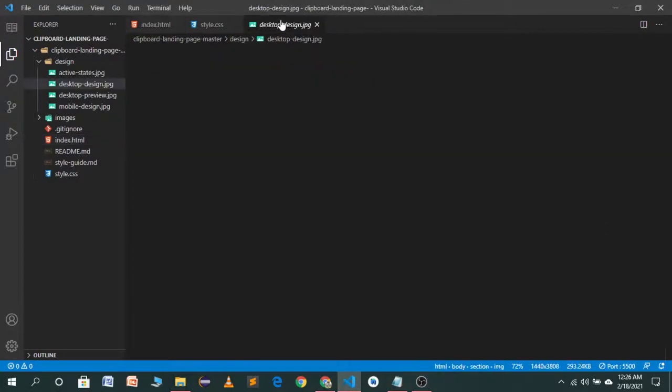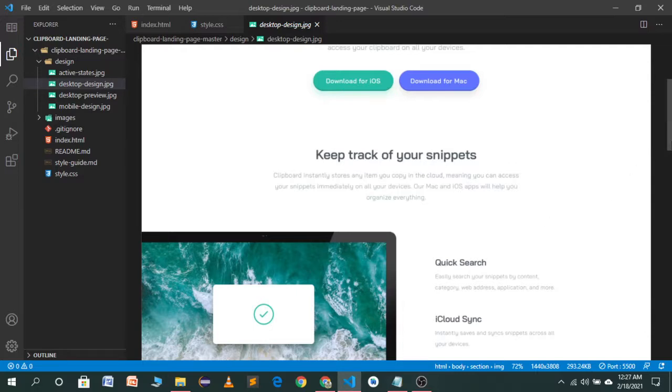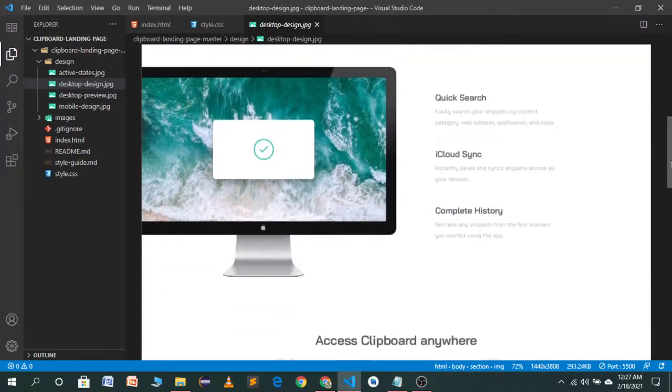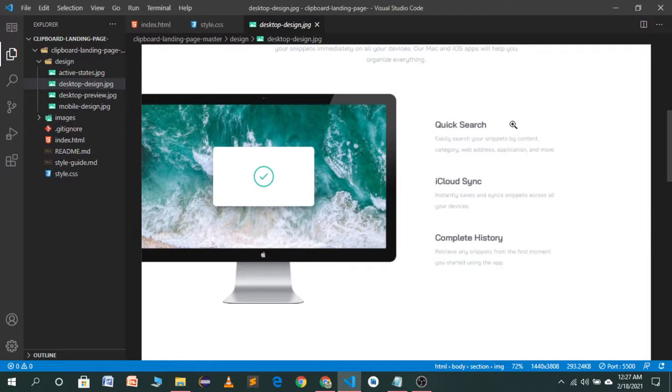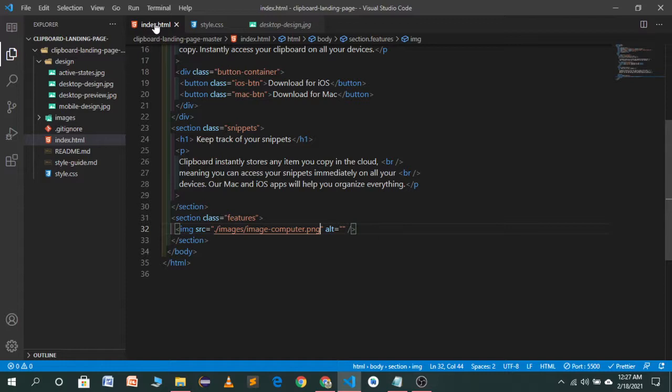So as you see in the demo, we have three things or three features. So we will wrap it in a container which will be called a feature-container.